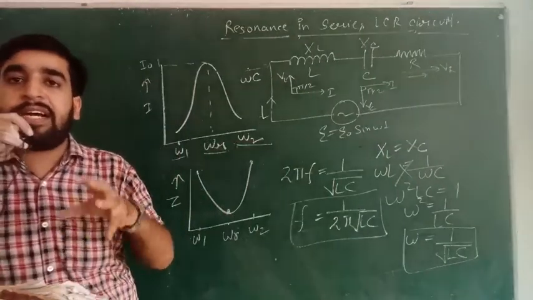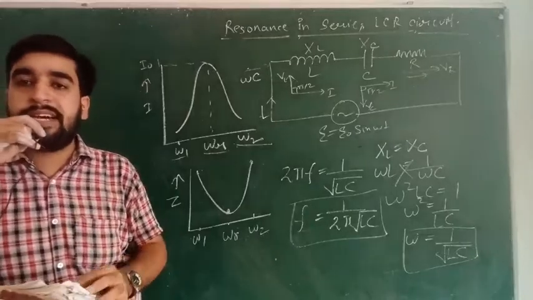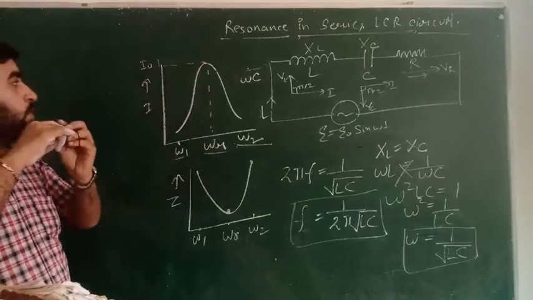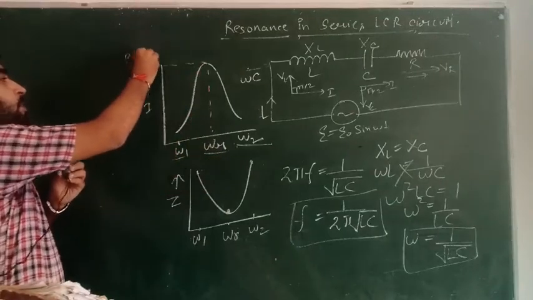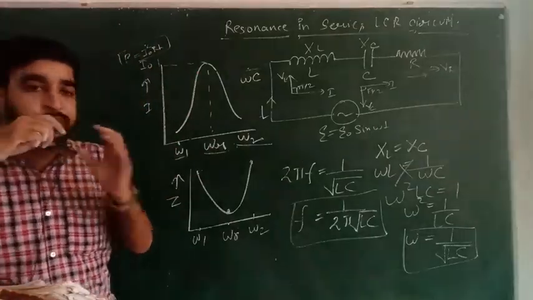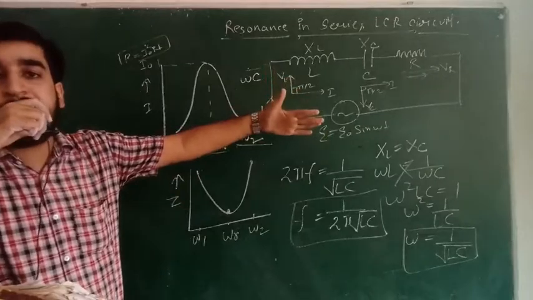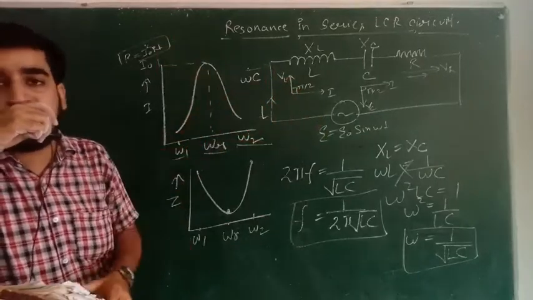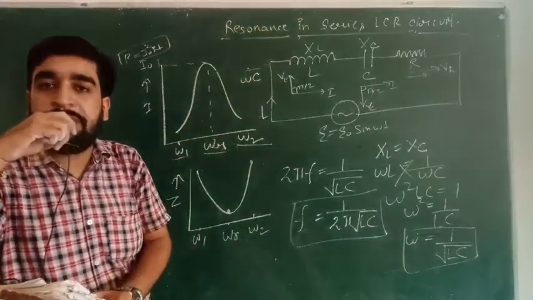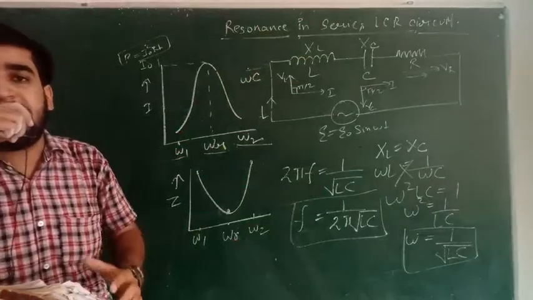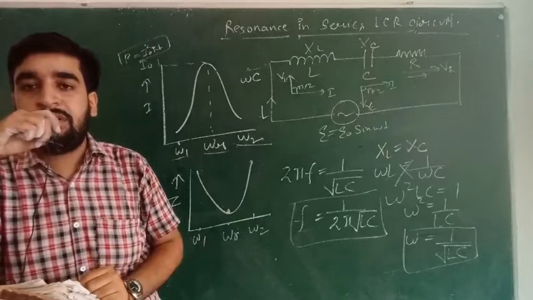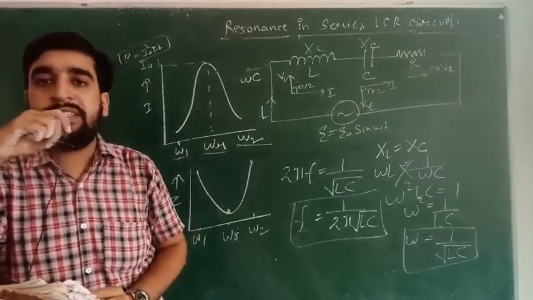The power in the condition of resonance will be maximum, as the current will be maximum. As you can see clearly, I naught reaches the maximum value. So what is power? I naught square R. This will offer a maximum value. So we are tuning the circuit. At a certain instant we find that XL will be equal to XC and there will be a large variation in the current. When the current offers a very maximum value, we come to know that this is the condition of resonance, and in resonance the power will be maximum. So this is how we tune a circuit, and this is known as the resonance condition.